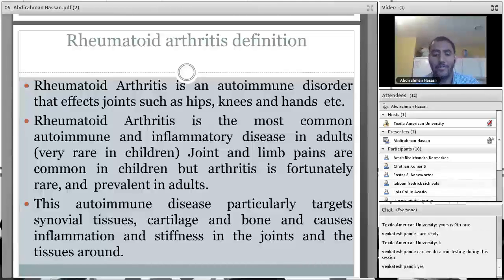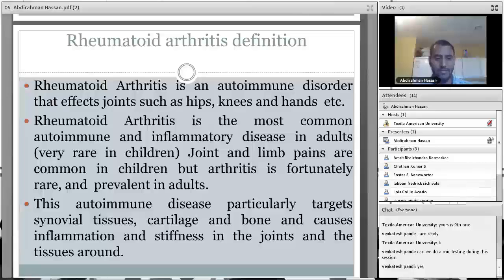However, autoimmune disease is not as common in children as in adults. Children may have joint and limb pains, which is not rheumatoid arthritis. However, adults have got prevalent